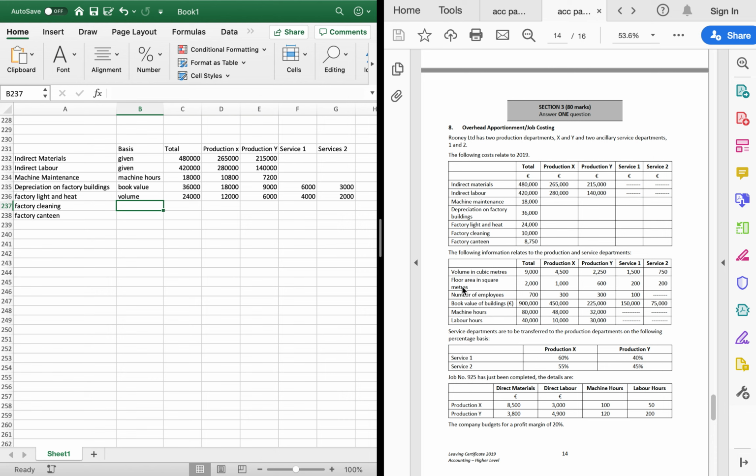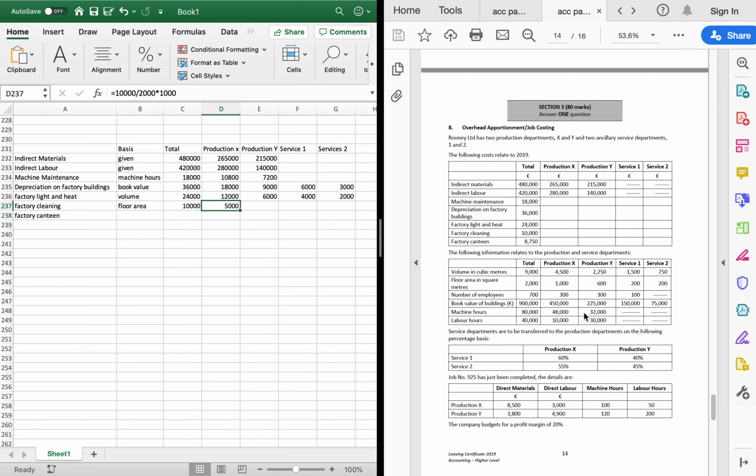Factory cleaning. Well, you generally clean by floor area. So rent would be by floor area, cleaning would be by floor area as well. So you clean the floor. So the factory cleaning is 10,000. Floor area is 2,000, so 2,000 square meters. So you take the 2,000, divide by that, and multiply by 1,000. So in effect, half of it again